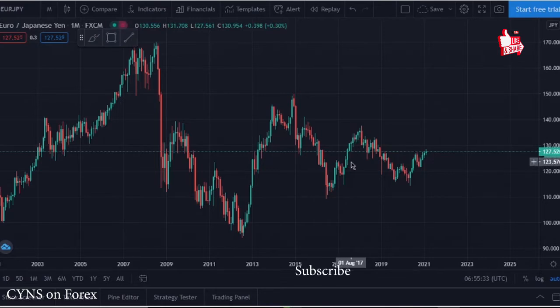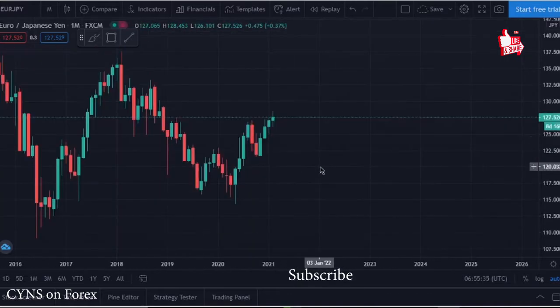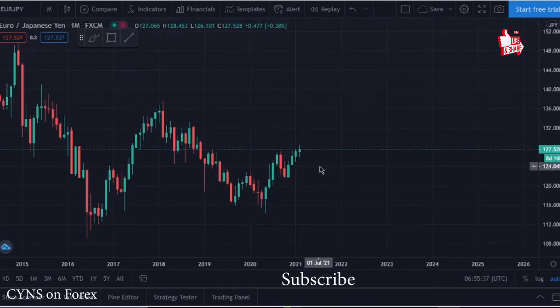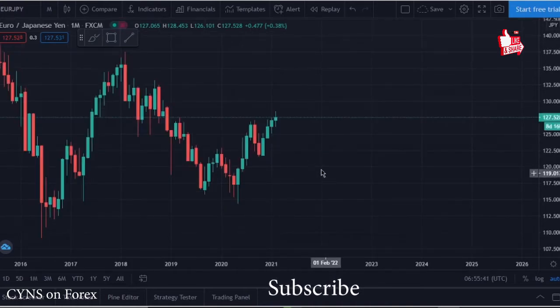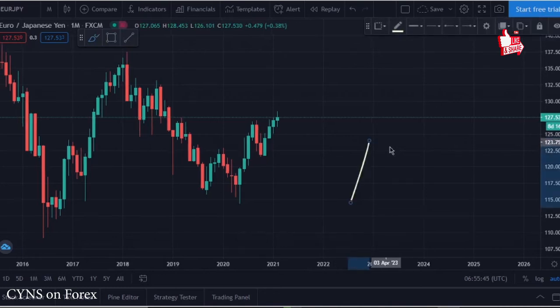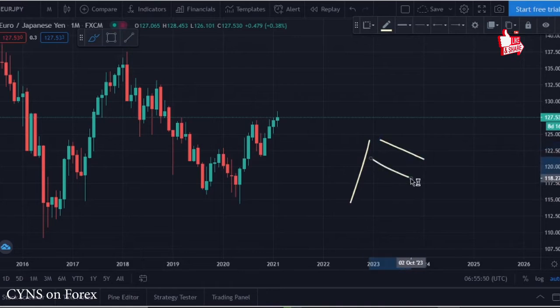Okay, let's jump into the chart. Starting from the monthly time frame, what can we see in the market? Generally speaking, if we have an impulsive move, we expect it to create a corrective pattern. After that, it should create another impulsive movement continuing to the upside, especially for the creation of a higher high and completion of the impulse, correction and impulse pattern.